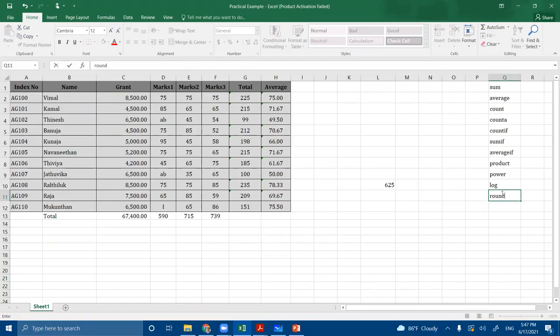The round means, in Tamil, a word for rounding off. You can round with any decimal place or any number place. I'll give some example here. Equal round, round within the bracket, the number